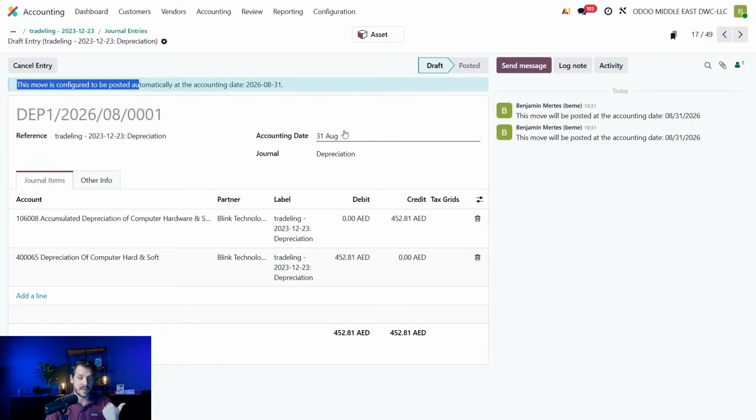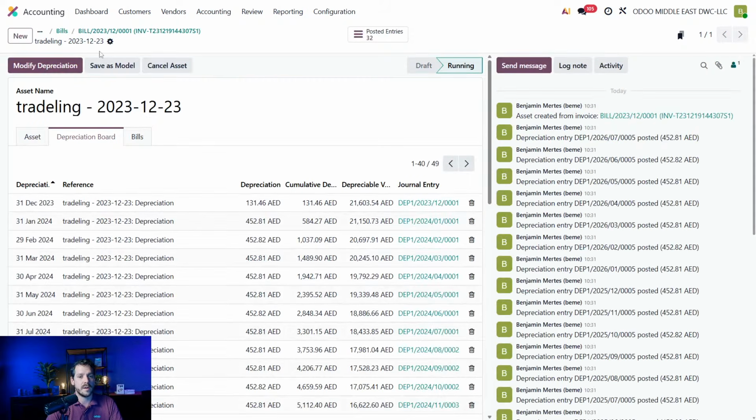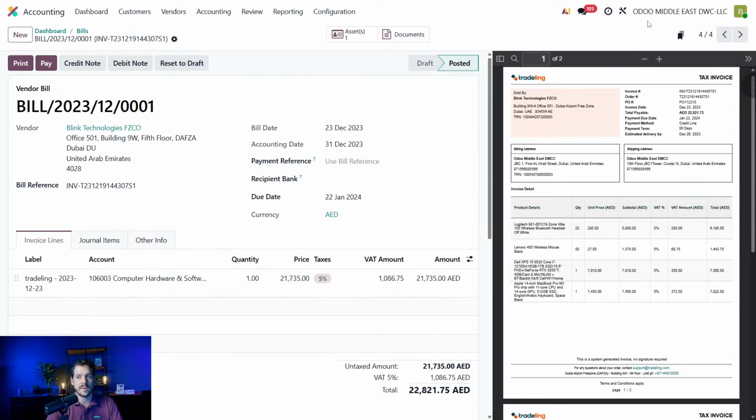It means that everything that's in the past has been booked automatically by Odoo, and everything that's in the future is already generated in draft and will be booked automatically at each accounting date of each entry. And you can have a look here at the entry that's going to be booked. So now, if I go to my next invoice,